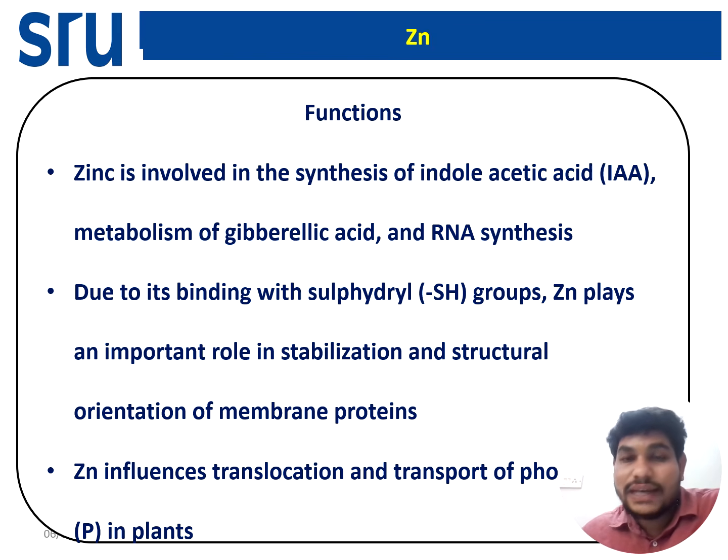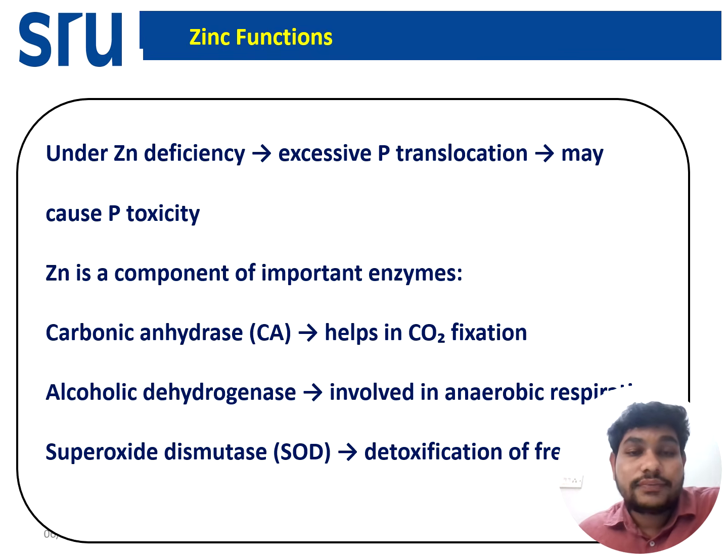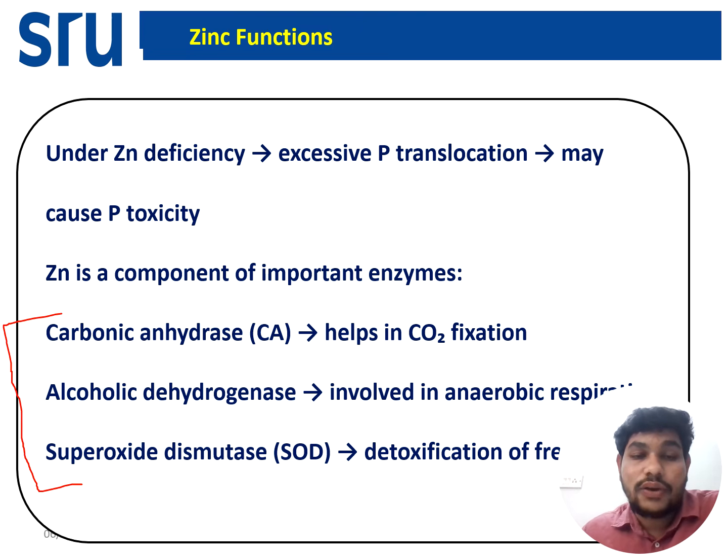Then another micronutrient, that is zinc. The major role of zinc is the synthesis of auxin, like IAA. Also, it is responsible for gibberellic acid metabolism and RNA synthesis. So it indirectly takes part in protein synthesis by binding the SH group. This group is responsible for the formation of proteins. Then if you see the function, the major function is to activate different enzymes like carbonic anhydrase, alcoholic dehydrogenase, and